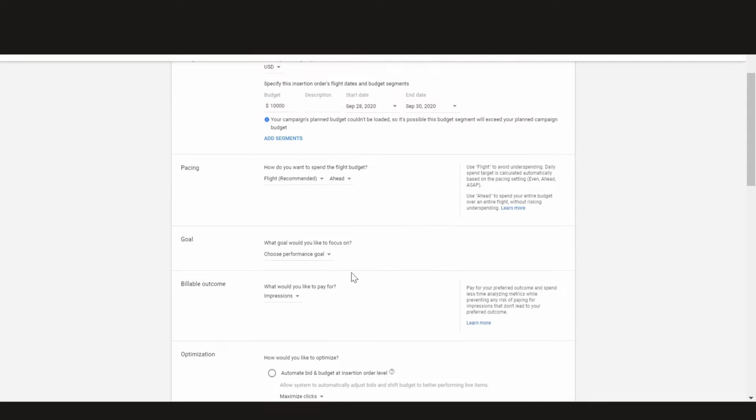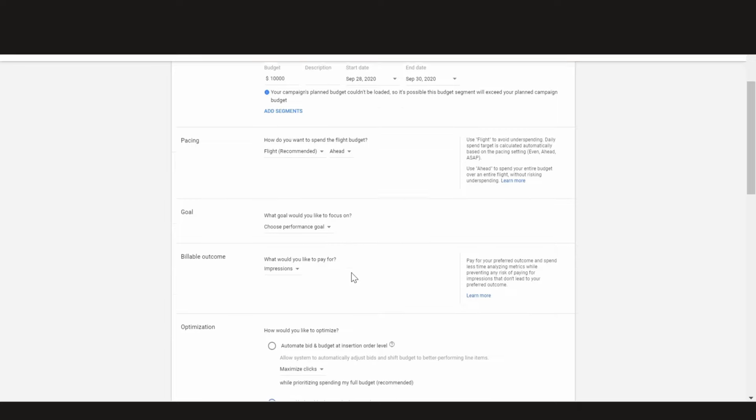Now coming to ahead, if you set your pacing profile to be ahead, that basically means, for example, if you are working in an agency and you have strict budget requirements, your agency wants the entire budget to be spent on the campaign that you are running. So just to ensure that there is no underspend on the activity that you are running, there would be different factors altogether, but in order to ensure that it spends in full, you can set the pacing flight to ahead.